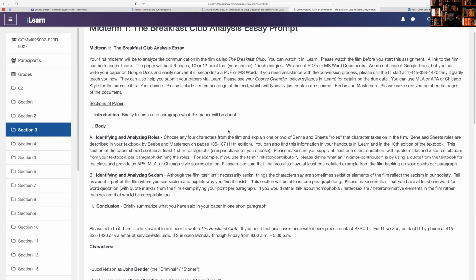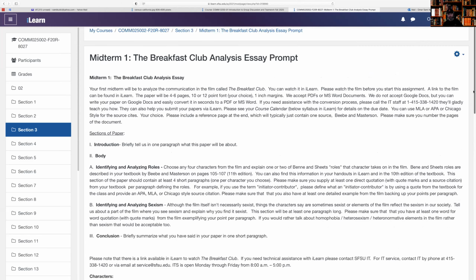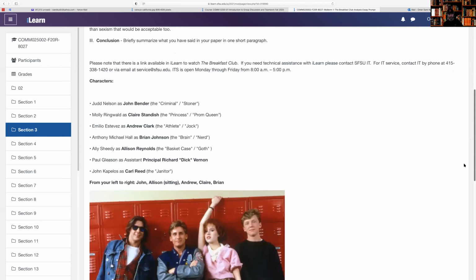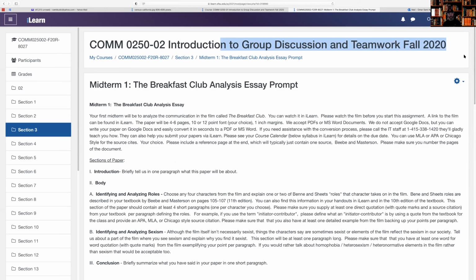I like to think of this as a grocery list. If you ever go to the grocery store and you have a list and you get everything that you think you got, and then you go back through your list and you realize, oh my gosh, I forgot English muffins or whatever. That's what you should do with a prompt. You should always go back and look at the prompt when you think you're done with your essay, to see if you actually really covered everything or not. So that's what I recommend you do with this as well. Just go back to this prompt, and that'll help you as you're putting together this whole thing. But yeah, that's the idea.